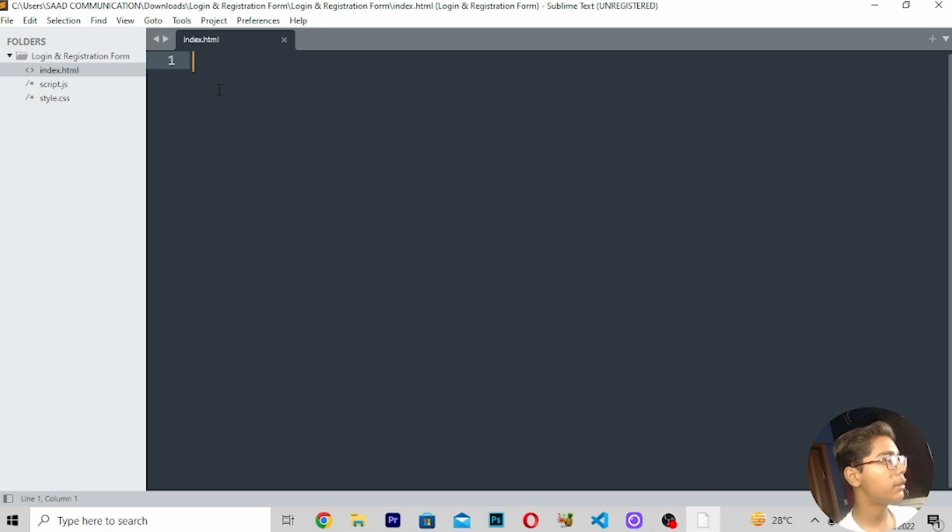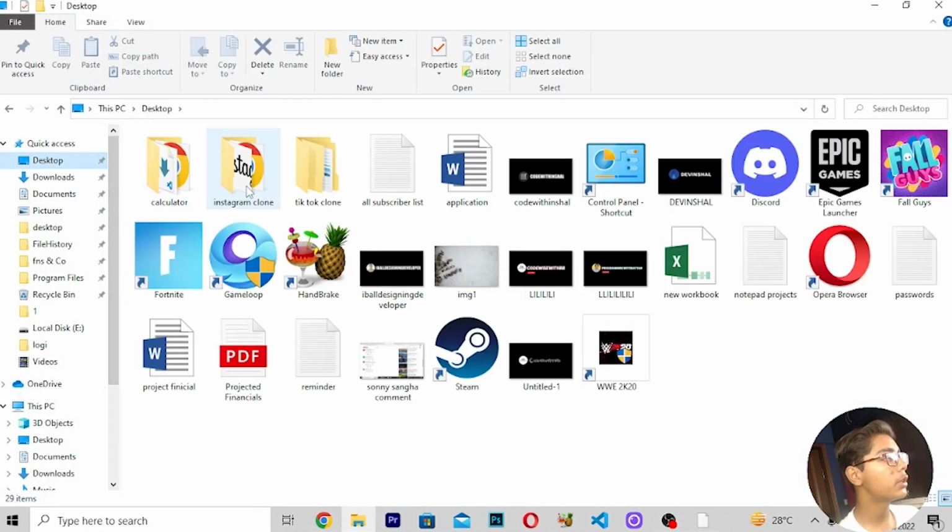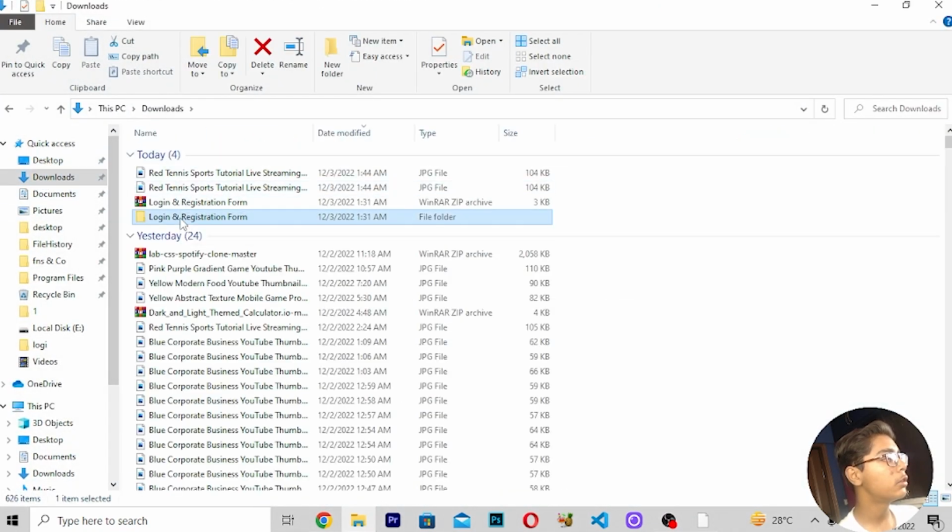Now I will be showing you our work which we have just done here. So now I will be doing all the things repeated. When you've just done that, I will be showing you the thing which we have built here. So I'll be moving in this and pasting the thing here. Now I will be moving in this tag. Then after moving here, I will be closing this body tag which you have created, and now you have to move down and save this. So here I will be opening it in my default Google Chrome browser to check whether it is working or not. So here it is.